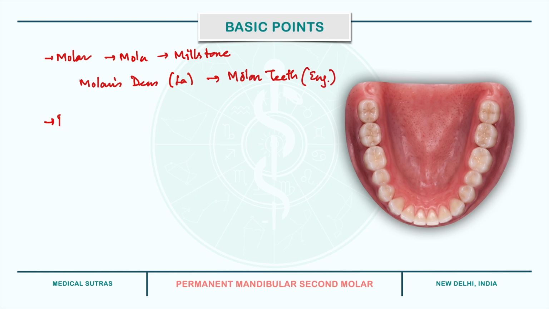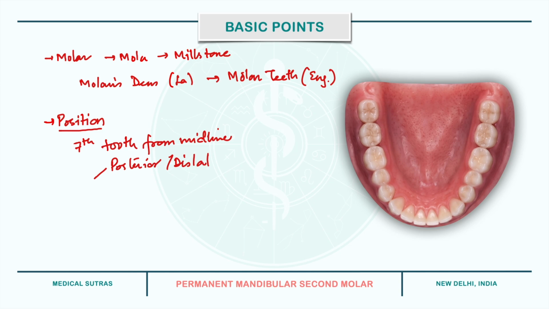Now coming to the position of the tooth. The permanent mandibular second molar is the seventh tooth from the midline. It is present posterior or distal to the permanent mandibular first molar and anterior or mesial to